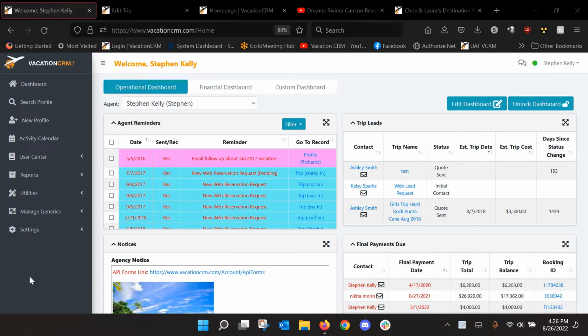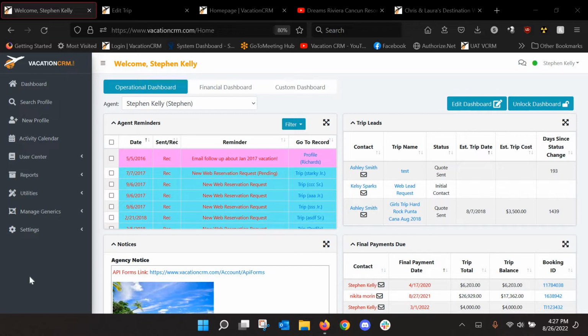So for those of you that are new, groups in the system in VCRM are, for the most part, the same process that you would use for any other booking. As far as putting the child bookings in, that process is the same. There's profiles, then a trip under that, then a reservation under that where you put in the actual details for that room. However, with groups, you actually also create a group profile and then you end up linking all of